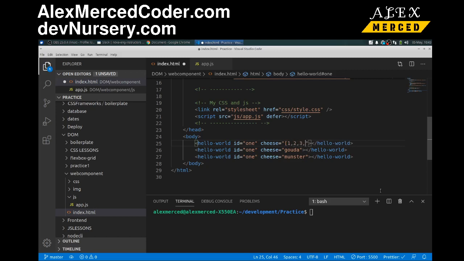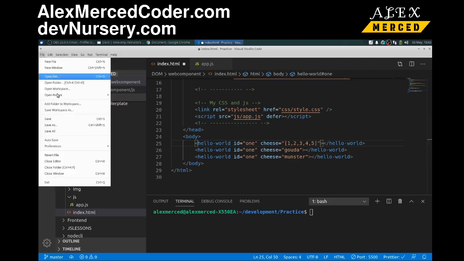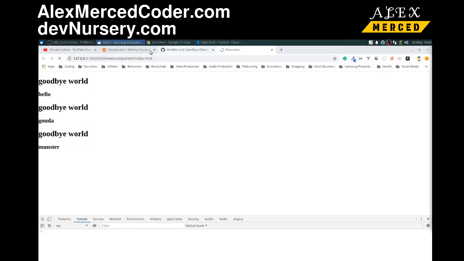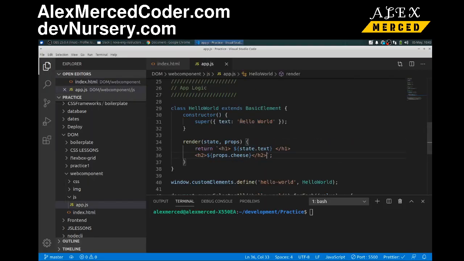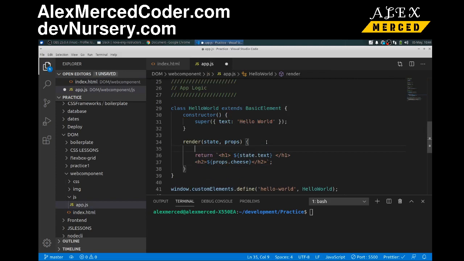One, two, three, four, five. Okay, so there I have an array essentially that I passed in. It's a string. And then what I'd have to do is probably in my render function, before I return any value, because you can put in whatever logic you want before you return the value, what I might do something like this is